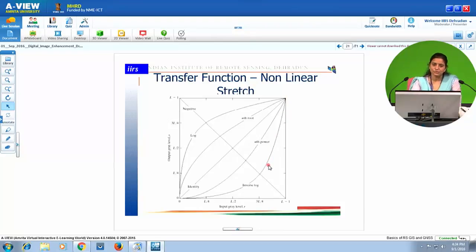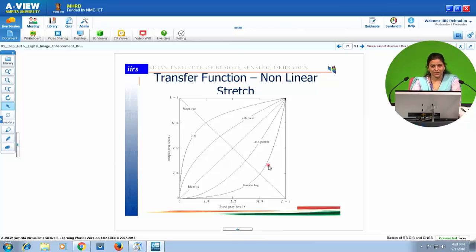So a person who is a water scientist and is interested in finding out the water features can apply logarithmic stretch on his data, whereas a person who's interested in snow studies, we know that the values of snow will be falling in higher part of the histogram, that means brighter part, so he can apply inverse logarithmic on his data set.